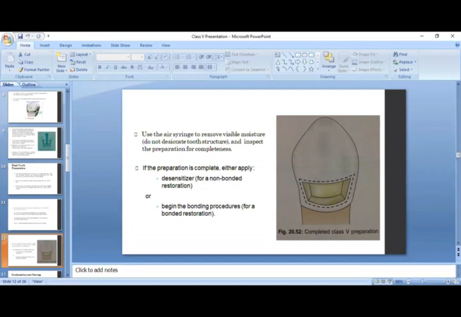Okay, what is the purpose of the desensitizer? Desensitizer means that after the cavity design, most of the tooth structure is ready. Or in the case of class 5 caries, that structure is very close to the gingival area. So in order to prevent that tooth from being sensitized, we are supposed to place a desensitizer, right? The desensitizer basically blocks this other tissue so that no sensitivity would be coming through. Okay.